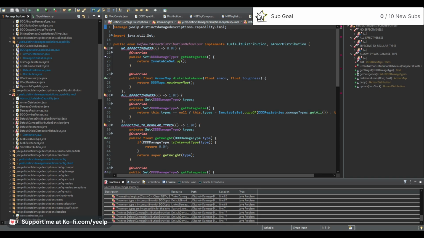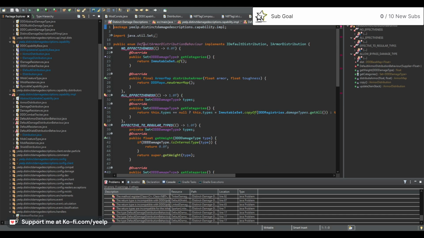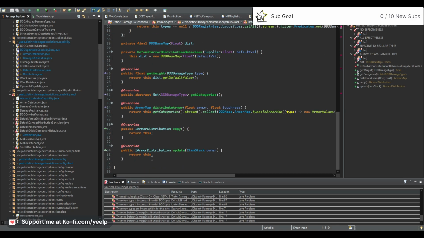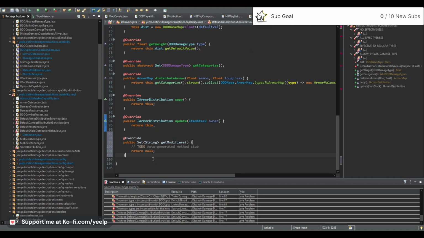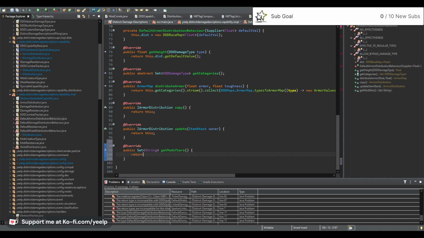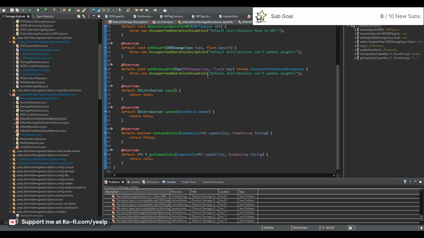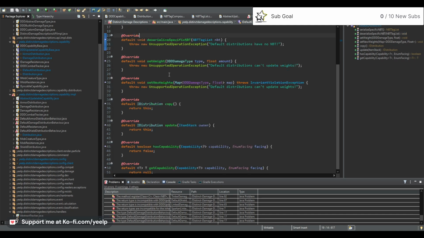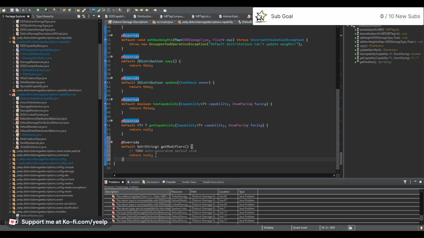What is your problem? Oh, I need to implement abstract methods, get modifiers? Hell no, I don't. Well, I mean, I guess I have to, but whatever. Get modifiers. Return. That's a default distribution. Dude, just put it in the default distribution. What are we doing? Put it over here. Default distribution. Literally where I was just moments ago. Get modifiers. Return